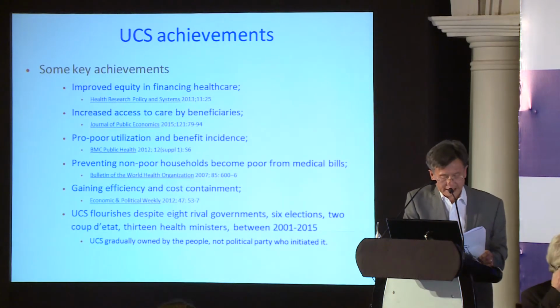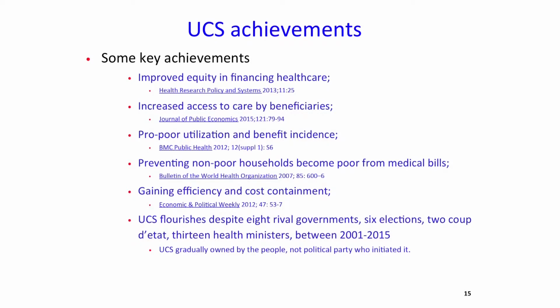Despite political conflicts in the last 14 years, UC flourished across 8 rival governments, 7 prime ministers, and 13 health ministers. I have been working with all these 13 health ministers, and also with Prime Minister Thaksin, on the design and support of how to implement UC with a good outcome. I was involved as a participant observer, in the design since the 1991 social health insurance design, and also the 2001-2002